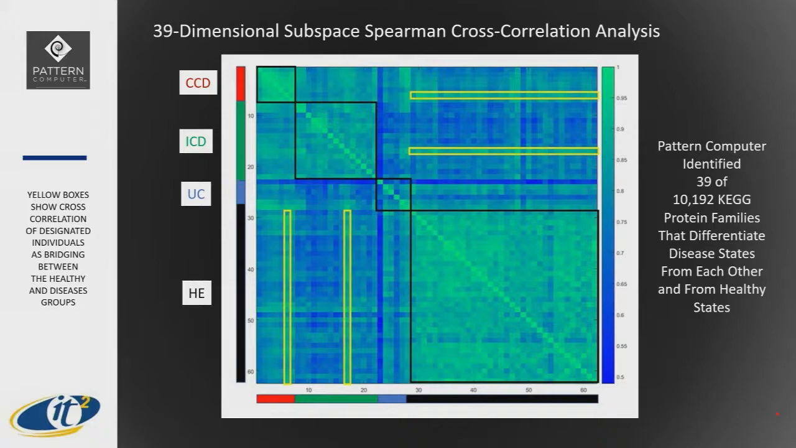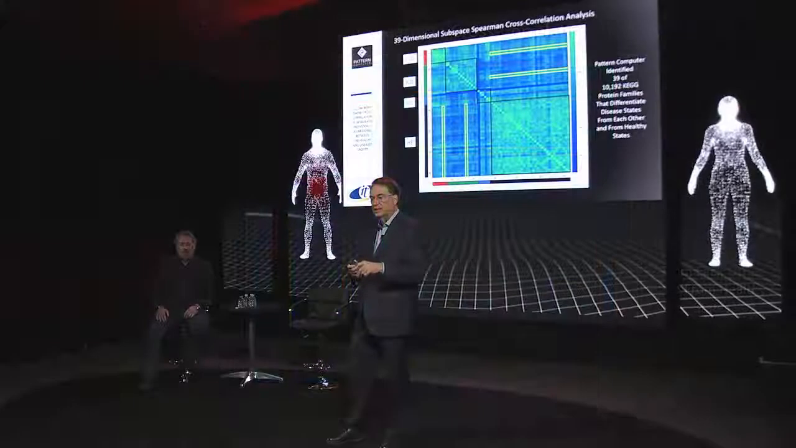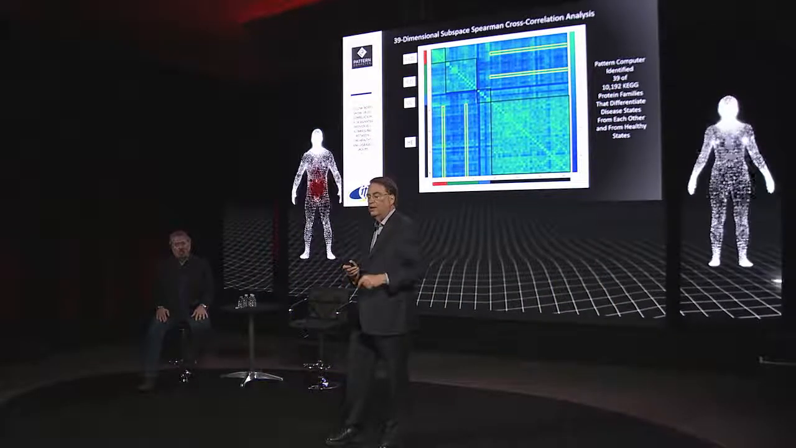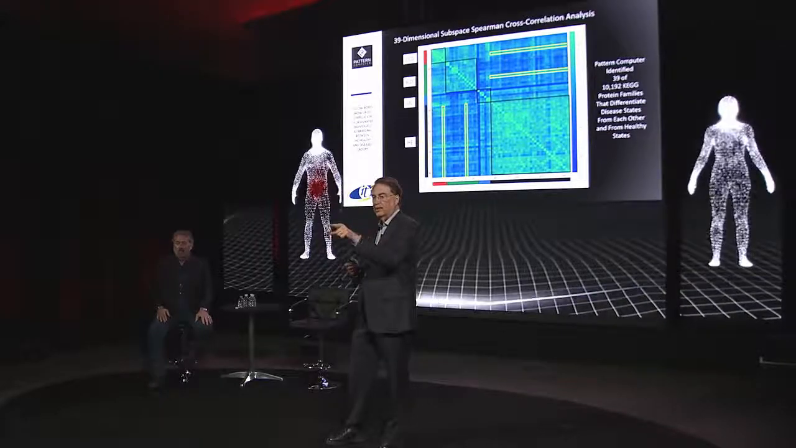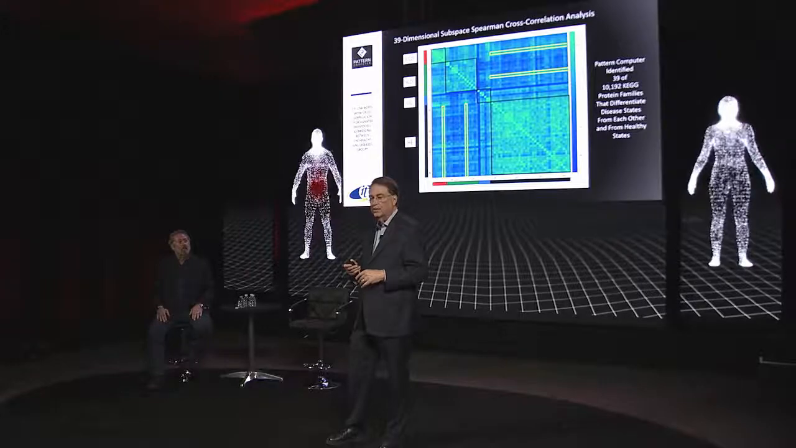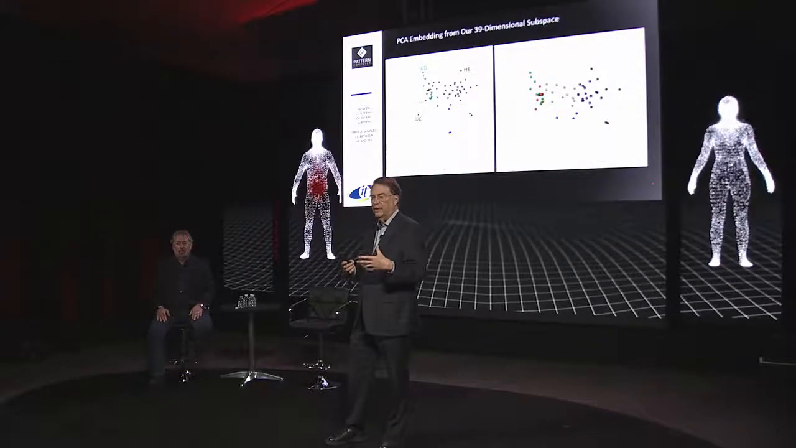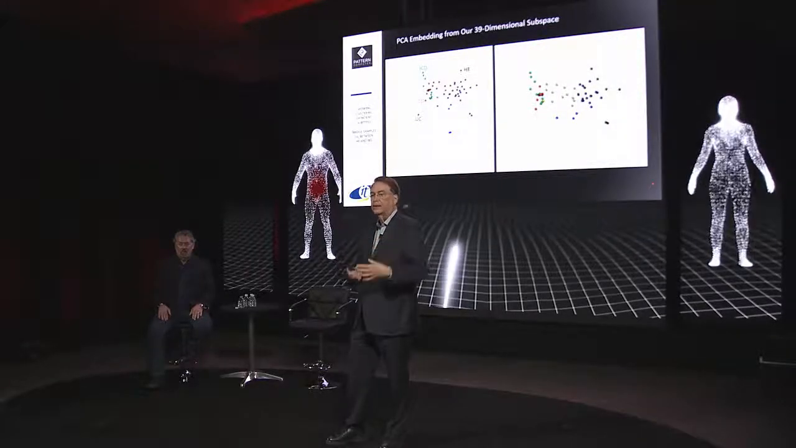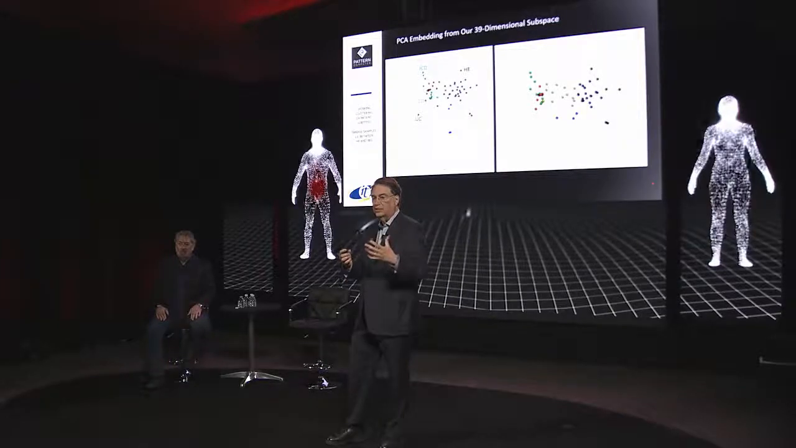And you can see the 4 blocks down to the diagonal at lower right, the healthy people, and then upward through the 3 disease states. You'll notice those 2 horizontal yellow bars where it seems like there's something different about them. And so when we go back and look now at a 3-dimensional version of that principal component analysis, that clustering